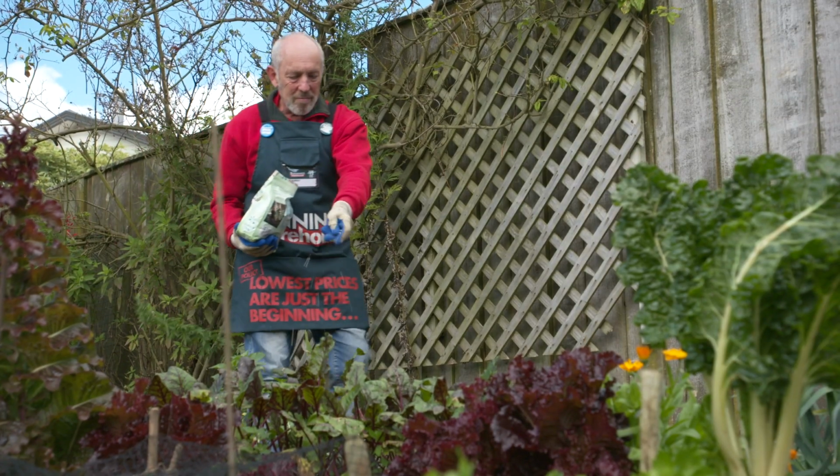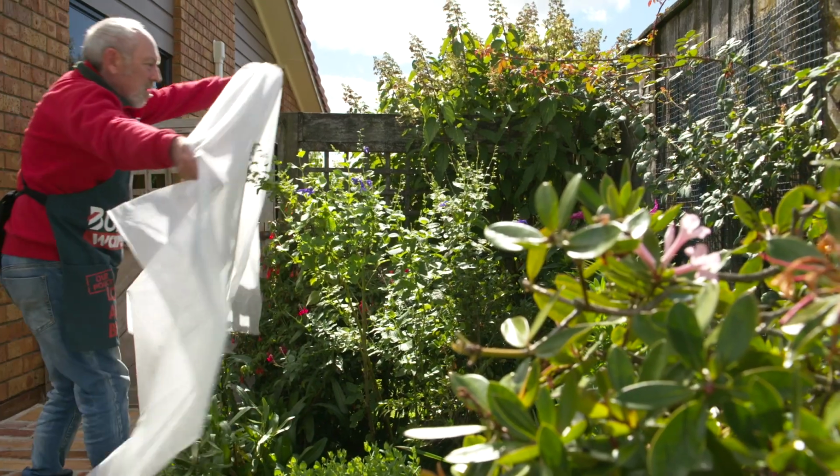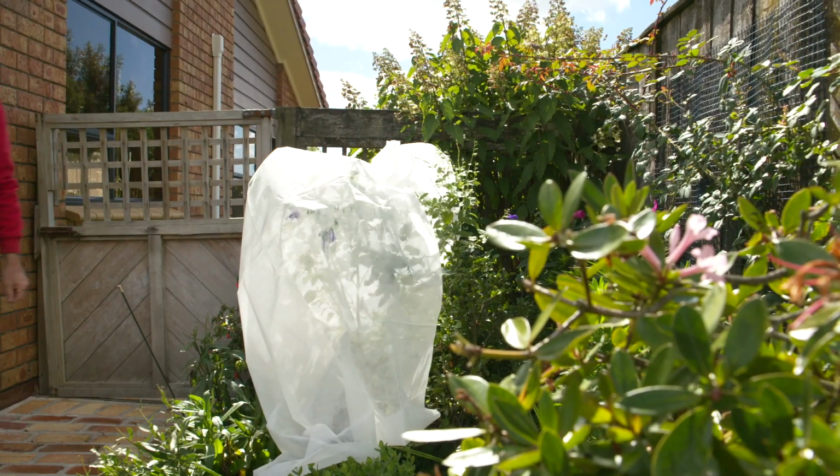Don't neglect your veggies. Give them a nudge with a complete vegetable fertilizer. Finally, consider putting frost cloth or protection around delicate plants to give them a fighting chance on those really cold mornings. There's lots to do in the garden in June, so really put in the effort now and you'll be